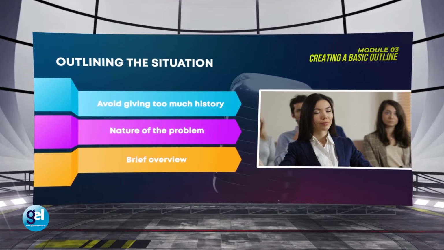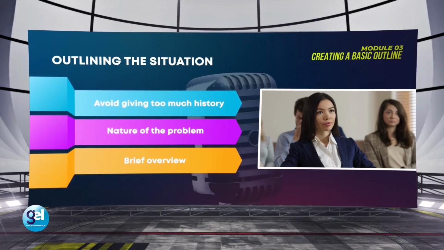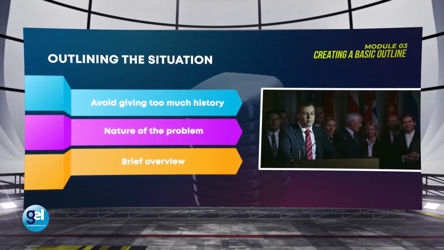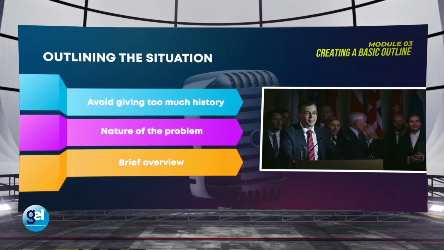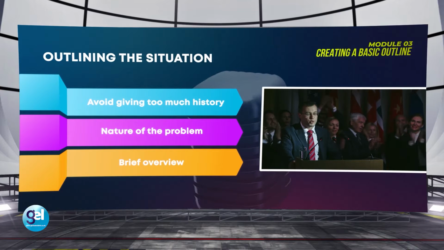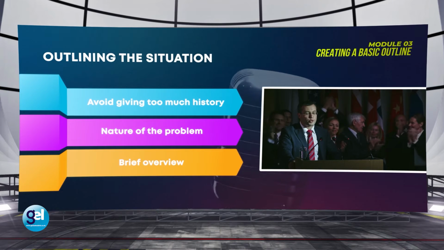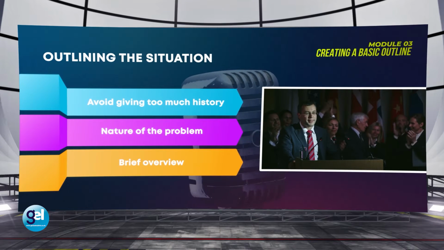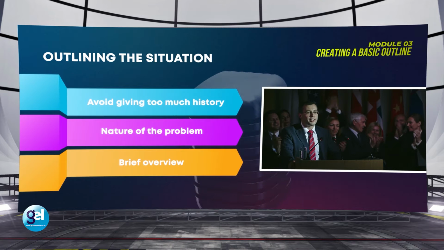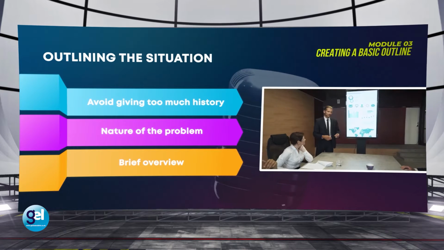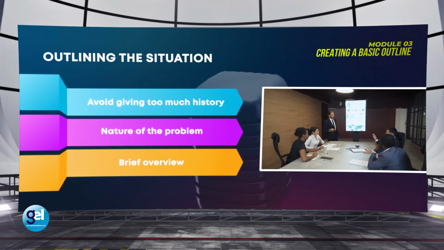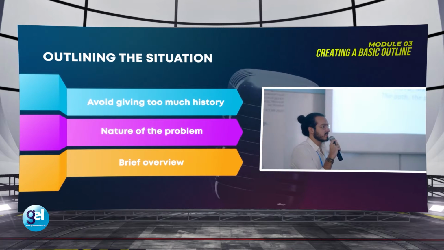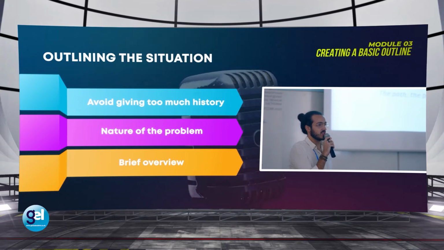In outlining the situation, try to avoid giving too much history or background. Most people won't care about this sort of information. If you start out by discussing something people don't care about, it will be hard to recapture their interest. Provide only the background information people will need to understand the situation. Your audience in many cases may already know the background. Covering old ground will simply lead to a "here we go again" feeling in the room.